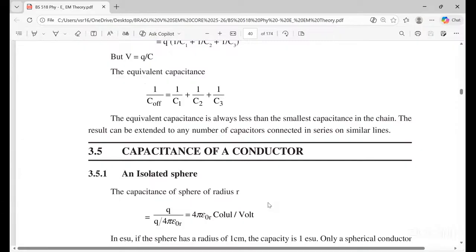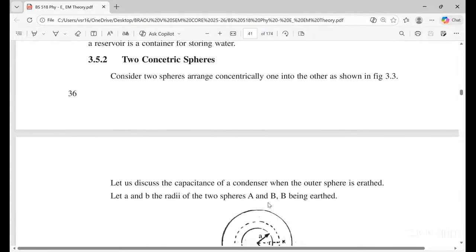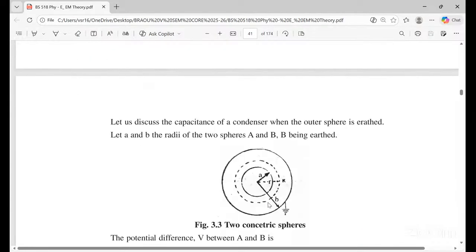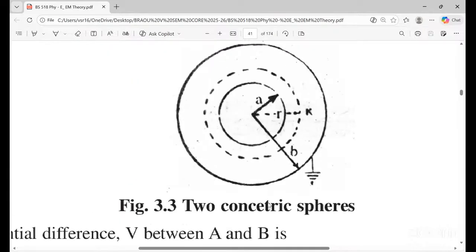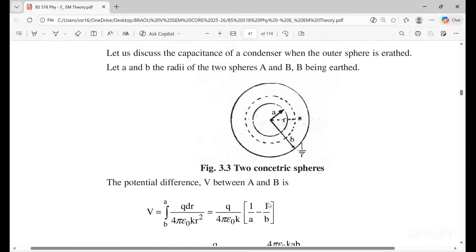Next, capacitance of a conductor. Isolated sphere: isolated means only one single sphere is there. If the radius of the sphere is a, the capacitance is nothing but this. Now two concentric spheres are there. Two concentric spheres means the first radius is small a and the other one is small b. By these two, if you want to calculate the capacitance,